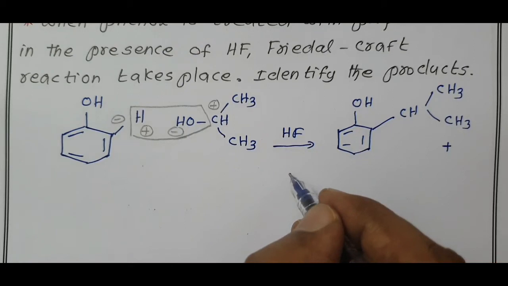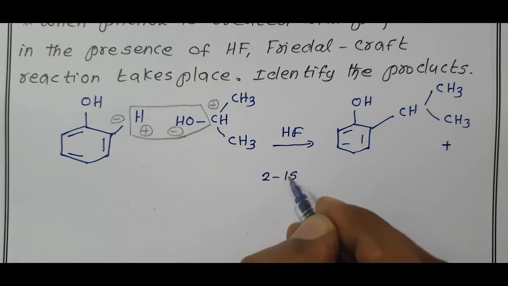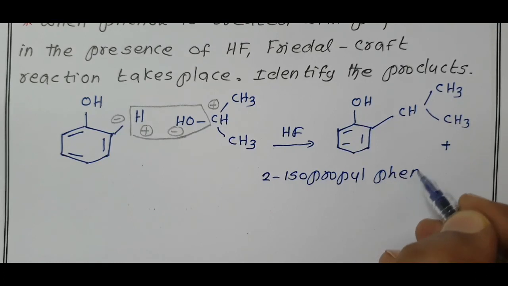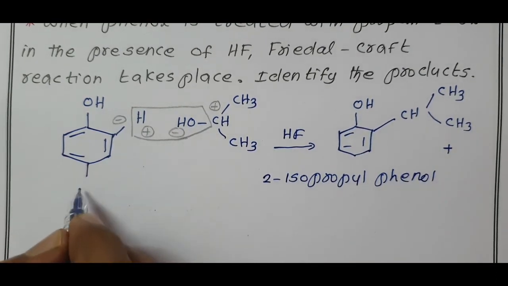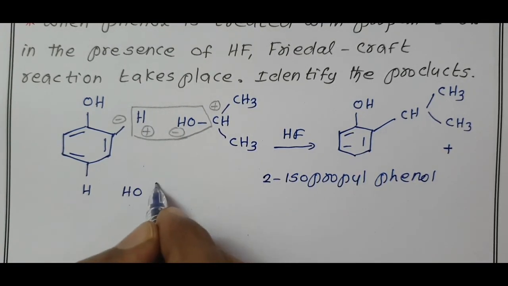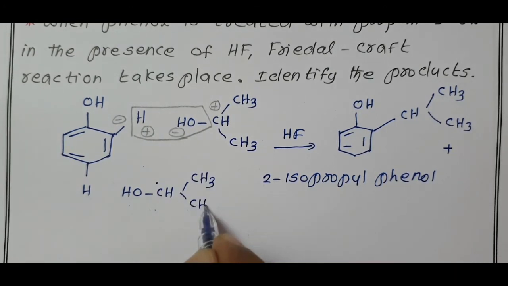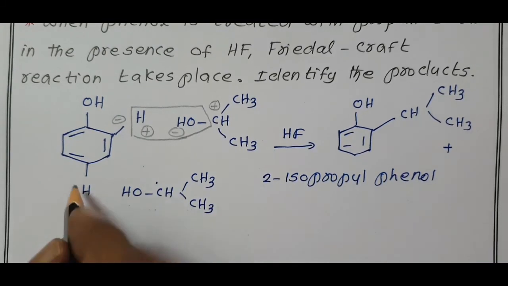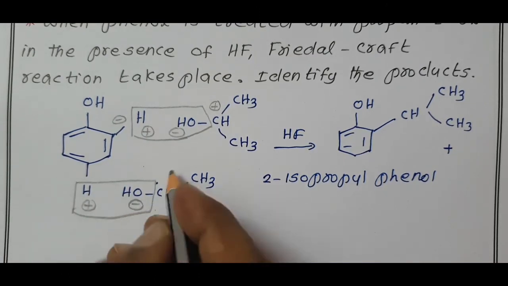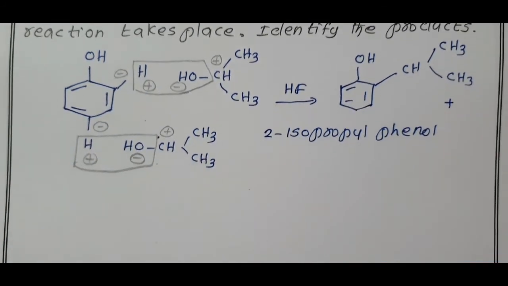In this ortho position containing one isopropyl, this is 2-isopropyl phenol. And now I write the para hydrogen. One isopropyl alcohol now reacts with it. Here you have one methyl, here you have one methyl, 2-propanol. One H plus from the para carbon and OH minus removed as H2O. This carbon plus is added to this bond, gives the para product.